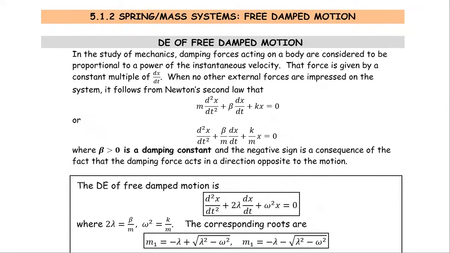The second case is the free damped motion, still free of the external force, but it has the damping force effect on the system. For the free, that means the right hand side is zero, still homogeneous, and with the damping force involved, we are going to have the middle term, the term involving the velocity with the damping force effect to